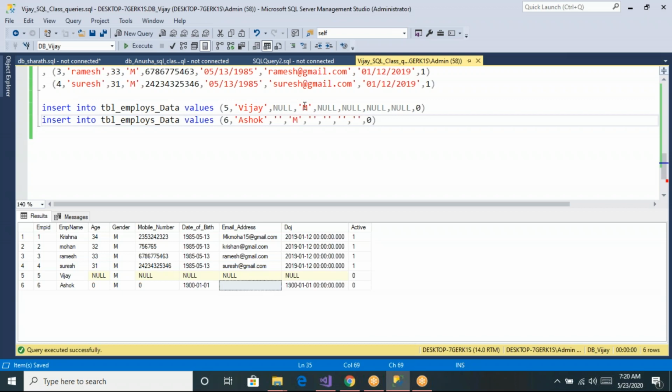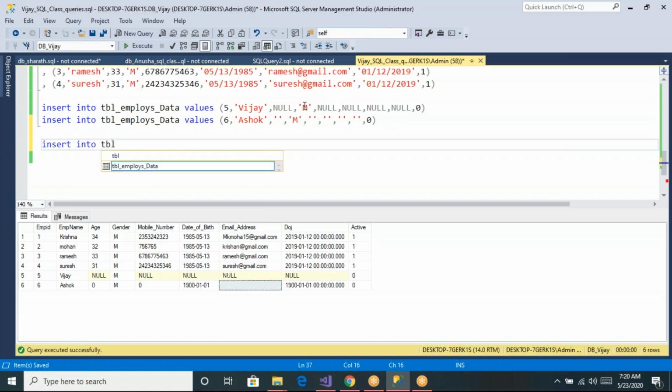So then in that case, what we can do is, let me show you another way of inserting the data. So insert into table name values. Now let us say your manager has provided something like Kavita, and the gender, and the activity, whether she is an active employee. Let us say right now she is not an active employee, 0. Okay, now if your manager has provided only these 4 columns,